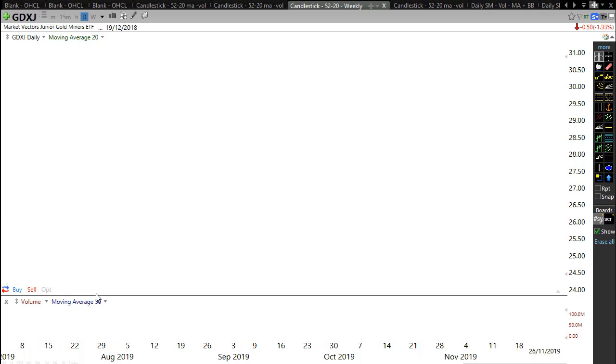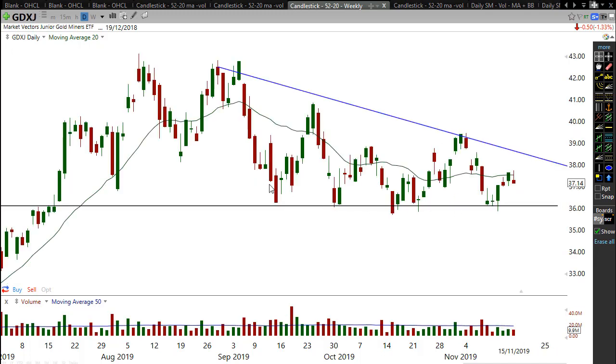Let's go to the GDXJ. Same sort of thing, right? We can see support, so we really haven't created any breakout yet. So there's not even a potential false breakout yet on the gold stocks or the gold ETFs. And then moving on now through to